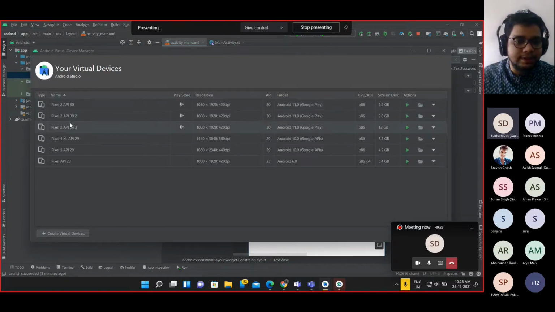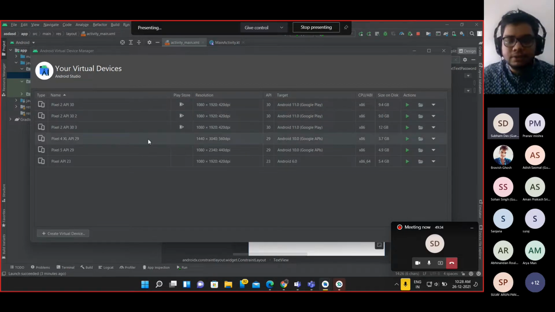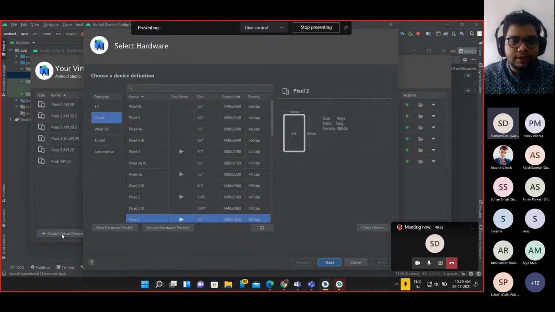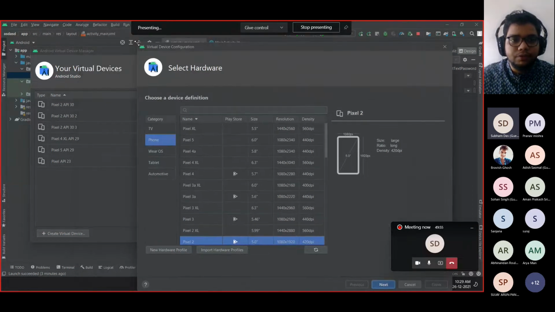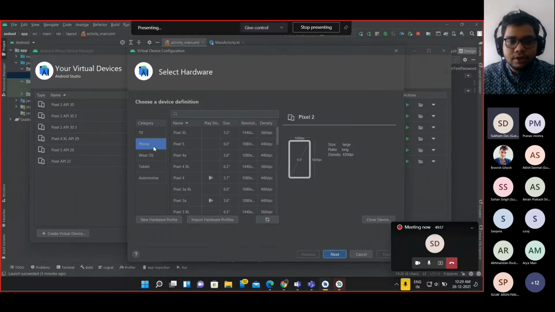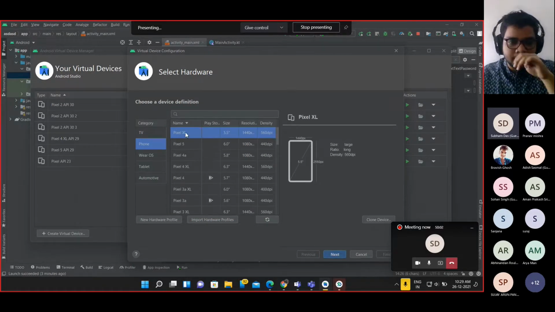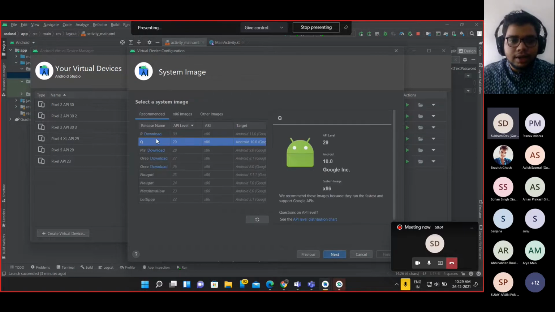And inside this, you can see there are multiple names saying Pixel 2, Pixel 2, and some API level. So basically, it means the Android device or the device name that I have given. You can give any name, and the API basically means the SDK that is installed in it. So, for example, API 30 is Android 10, I believe. Once you click on create new virtual device, this should initially be empty for you. You have to click on create new virtual device. You have to select the phone, which phone you want to emulate and run your application on. You have to click on that and